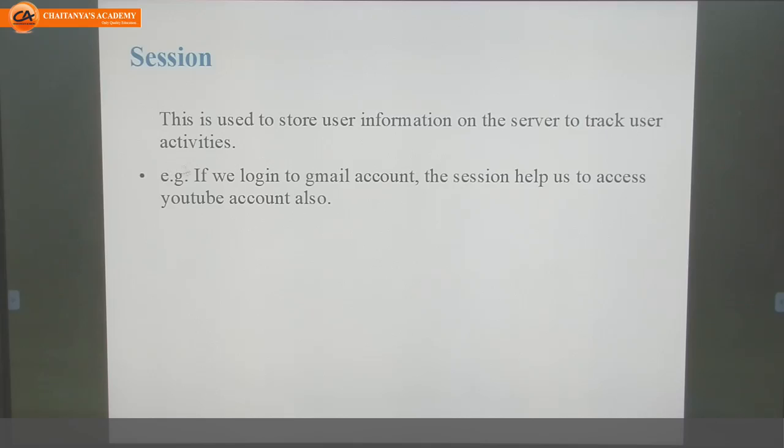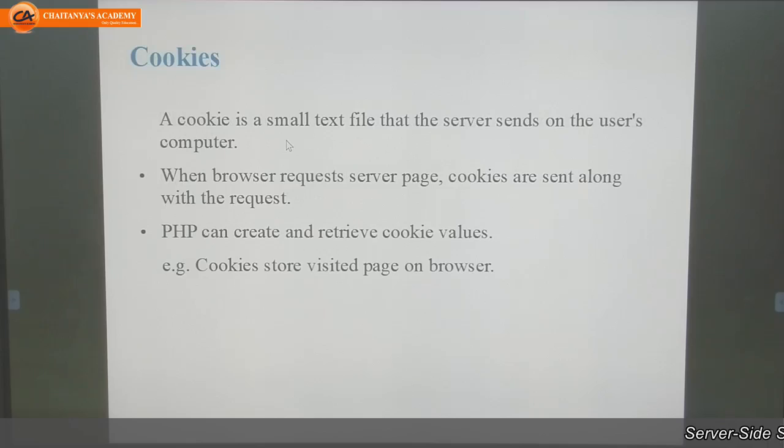The answer will be session. Dash is a small text file that the server sends to the user's computer. What is that? That is cookies.